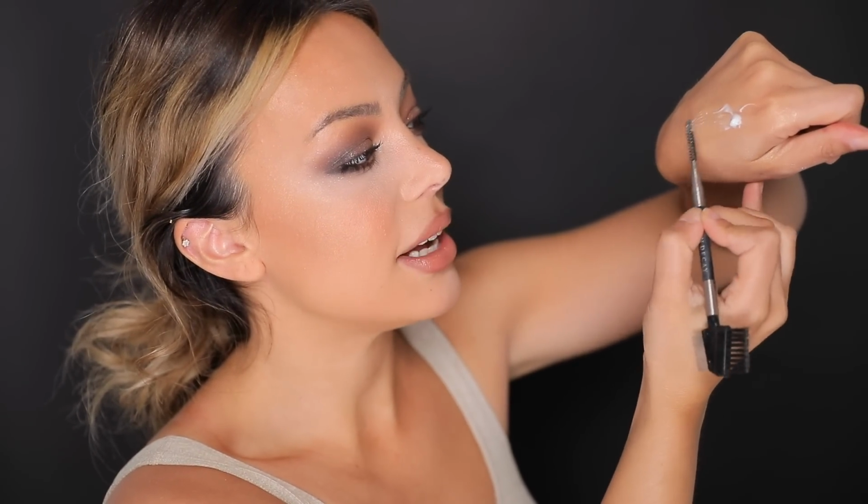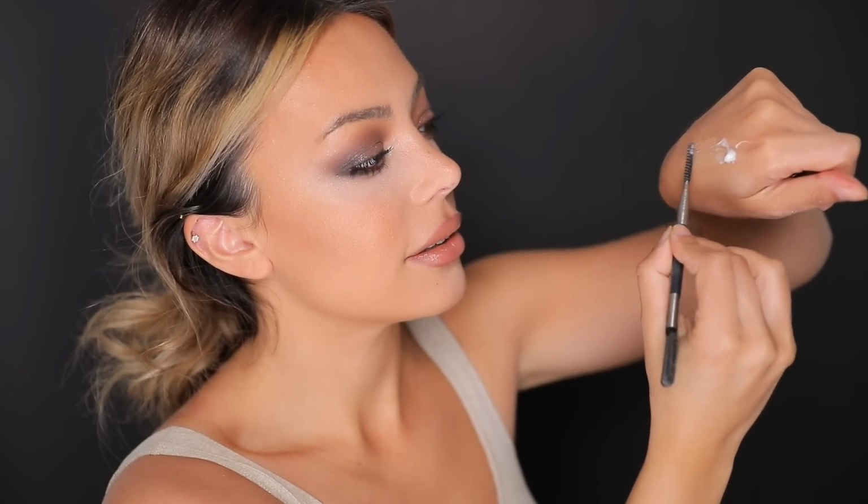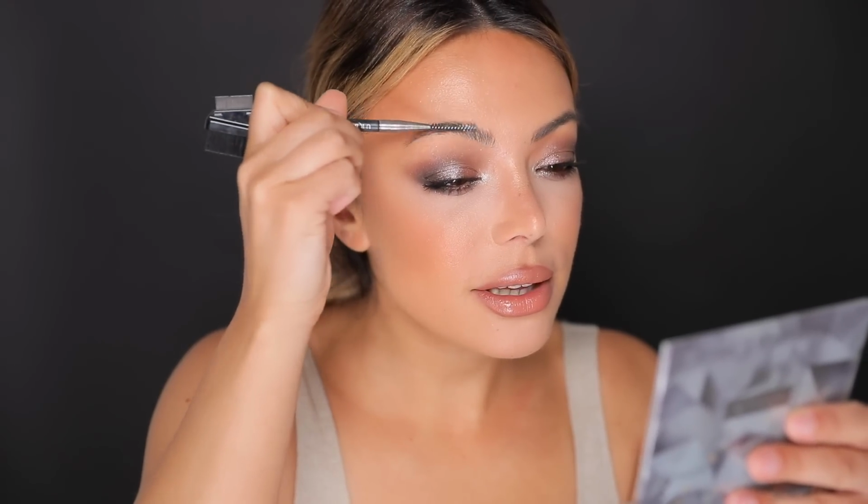This is more to apply the product, and you have to work pretty fast because it dries up pretty fast as well. And then this is what I do, so I don't apply too much product. So just right there, and then get it like that. Then I need my mirror. I'm just going to apply this